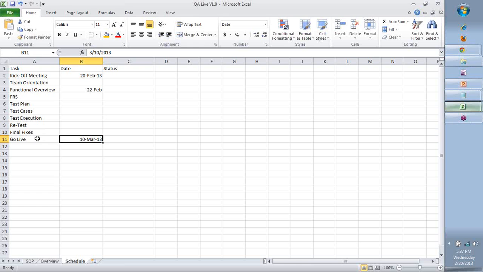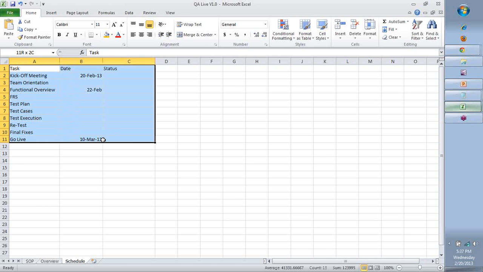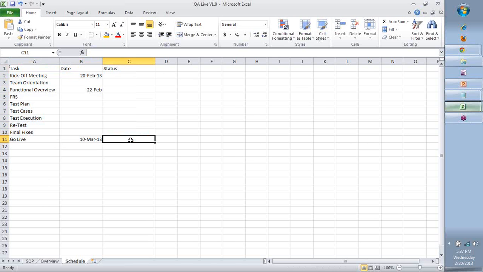At the moment, I have a go live date. By 10th of March, I wish to go live with the application. Anything that we do is going to be within this zone. Any other dates should happen within this. If there is a delay in any of you not being able to do certain things, then we will have to delay this further, which is not a good thing to happen.